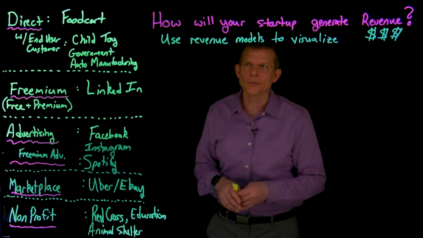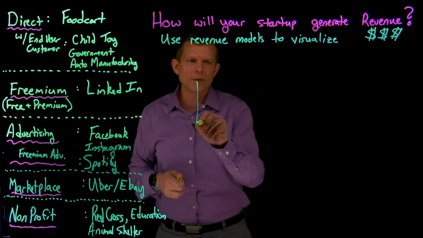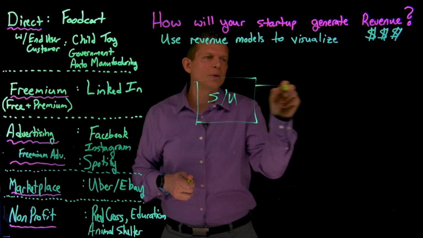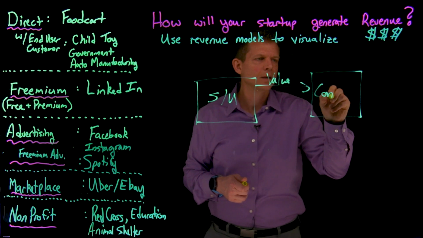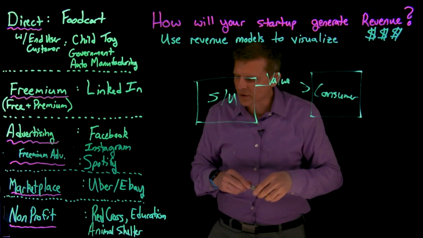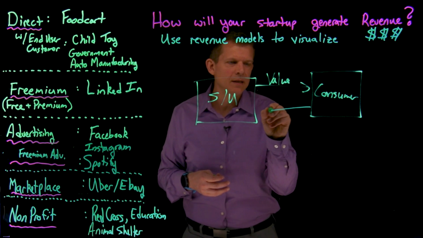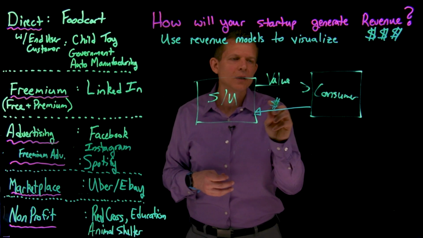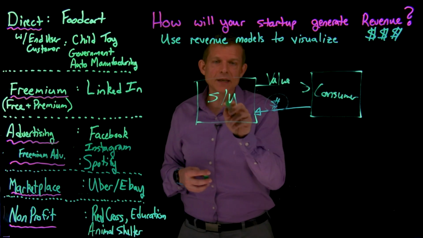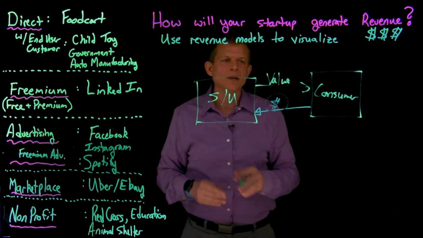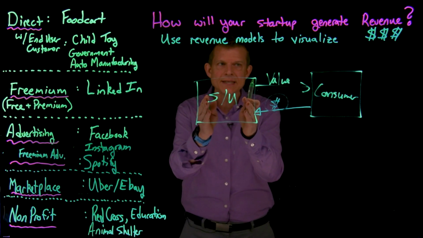Direct revenue model is the first one we're going to talk about. An example is a food cart. So let's go ahead and do that. Here we are, this is our startup, and we are providing value to a consumer. And the value we're providing is that really yummy dessert that you are great at making. And what does the consumer provide back? Value in money. They pay for the yummy dessert, and that money goes to you as a startup. Direct revenue model. Your revenue comes directly from the consumer who comes up to your business and gives you money